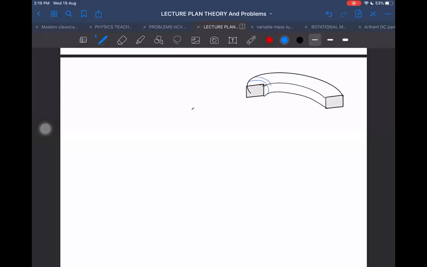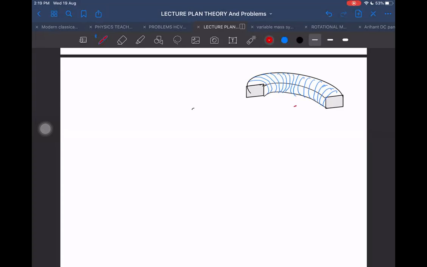It is half of the toroid. Means the full toroid will be when it is a complete circle. But we want to draw the diagram which is suitable to determine the magnetic flux. So that diagram is when we take a half part of that toroid. It is a complete toroid. Don't think that it is just half of it.